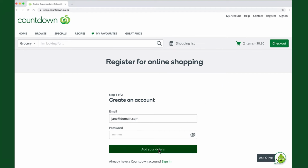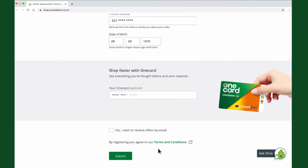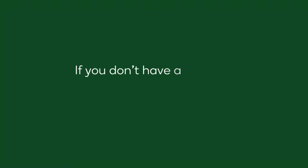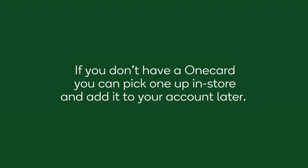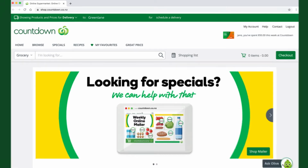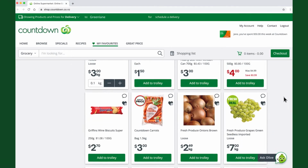the easy sign-up steps. Don't forget to add your Onecard so you can get club prices and keep earning rewards on your online shopping. If you don't have a Onecard, you can pick one up in store and add it to your account later. Adding your Onecard also shows you all the things you usually buy in store so you can shop faster. This list is called My Favourites, and you can use it to quickly add your favourite products